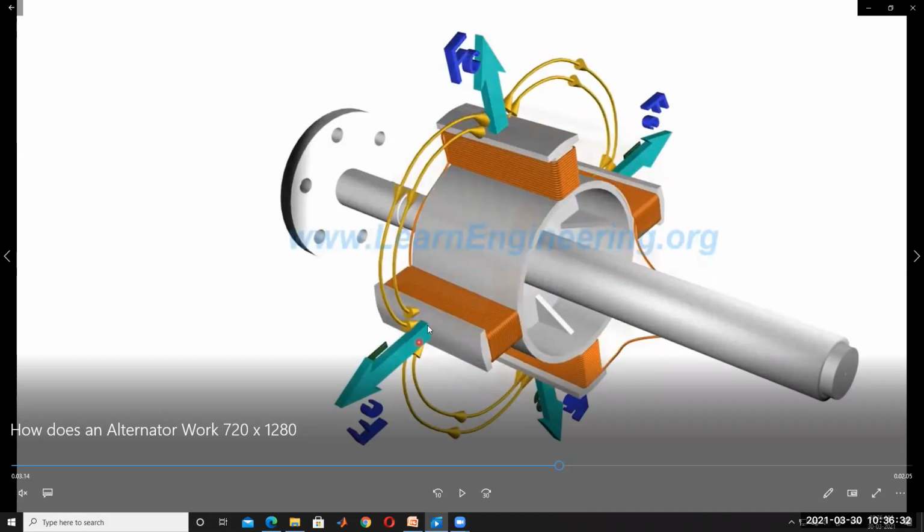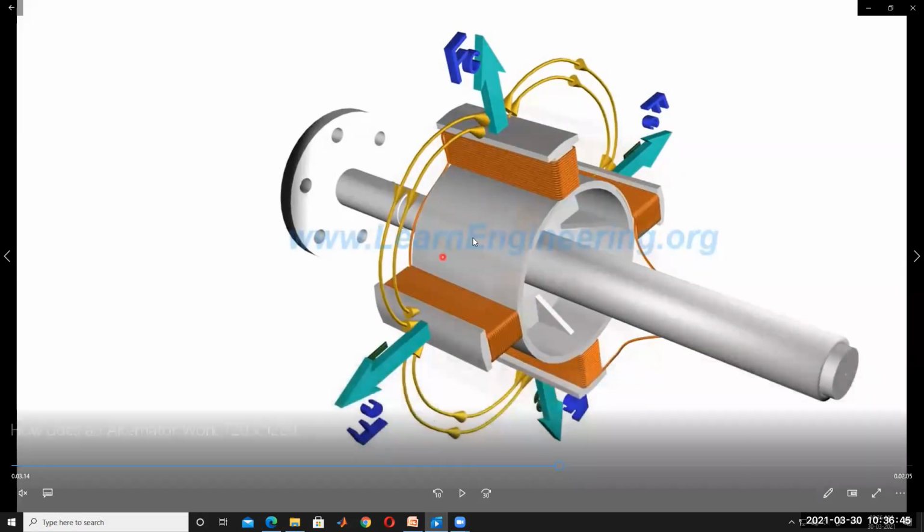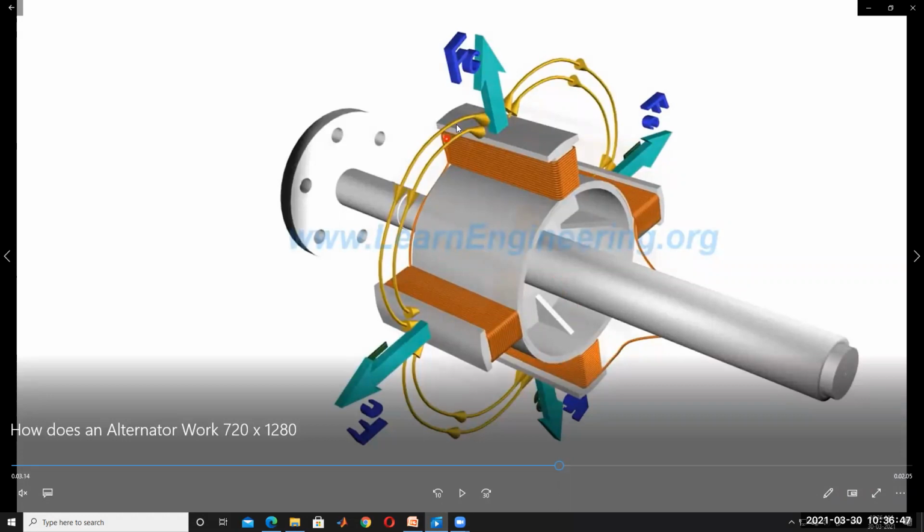This force acting on the rotor pole faces is more, so there may be damage to the rotor if it rotates at very high speed. Because for a salient pole motor, if the rotor rotates at very high speed, centrifugal forces develop on the rotor and it may be damaged. That's why it rotates at very low speed.